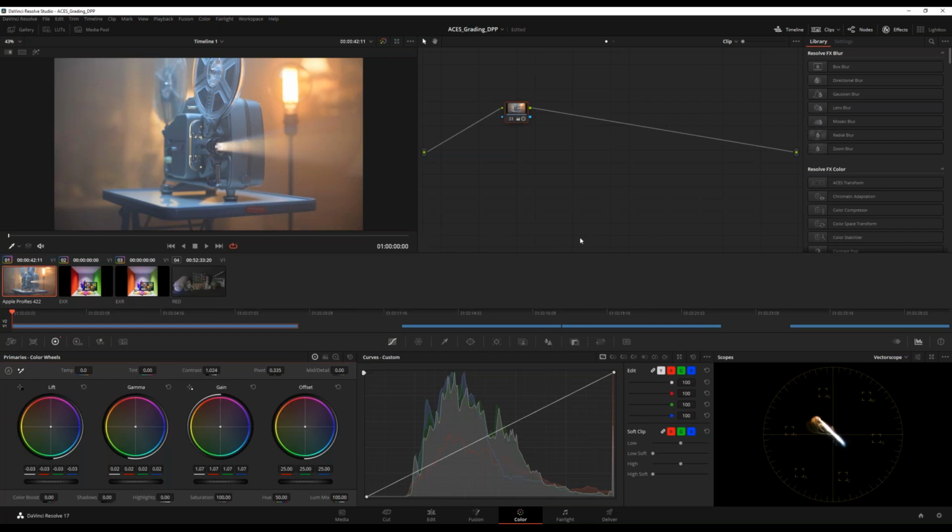And ACES is a color management framework, and it is a standardized way of transforming what the camera saw into what our display can reproduce, while also providing us with an intermediate platform for doing our VFX and also our color correction works. And one thing that we need to understand is that ACES is all about accuracy and efficiency, and is not about looks and aesthetics,